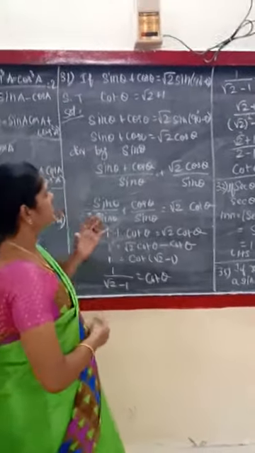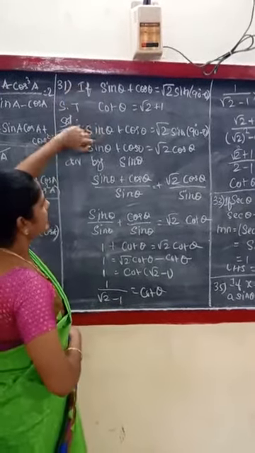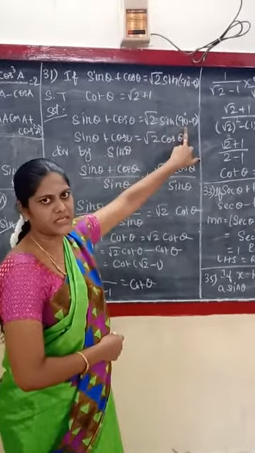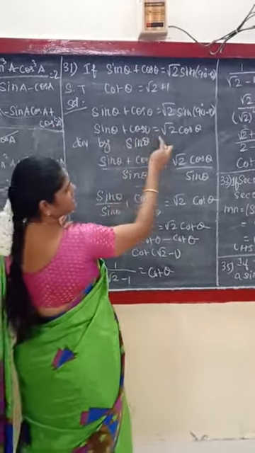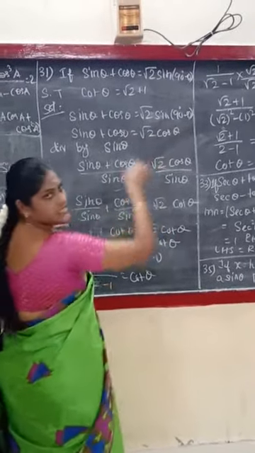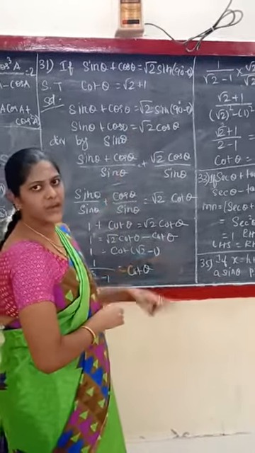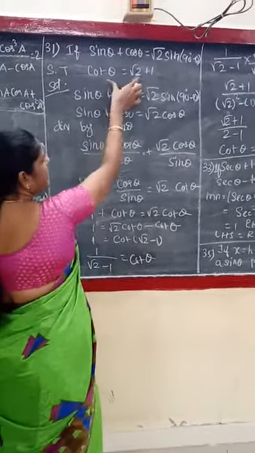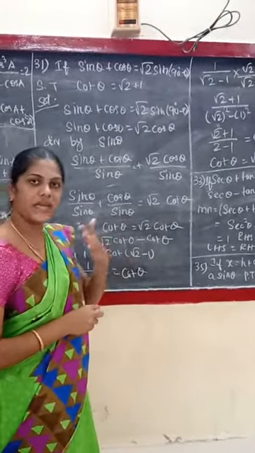How do we show this? Listen, first I am going to take the left hand side. What is the left hand side? Sin theta plus cos theta equal to root 2 into sin of 90 minus theta. Listen. Next, sin theta plus cos theta equal to root 2 cos theta. We know that we already studied in 9th, sin 90 minus theta is cos theta. Next listen. For the right hand side we need to prove cot theta equal to root 2 plus 1. So we need cot theta.